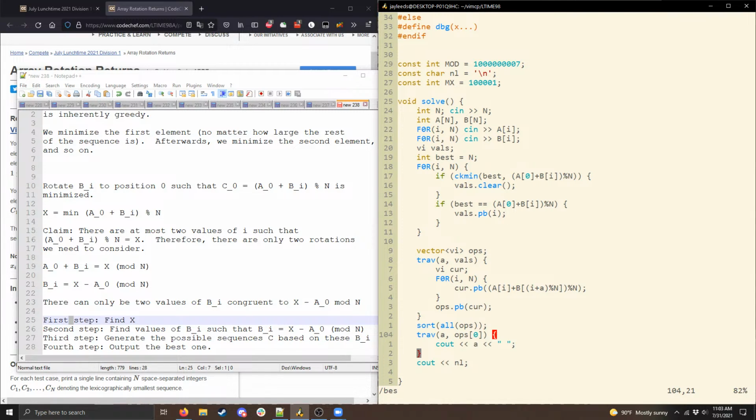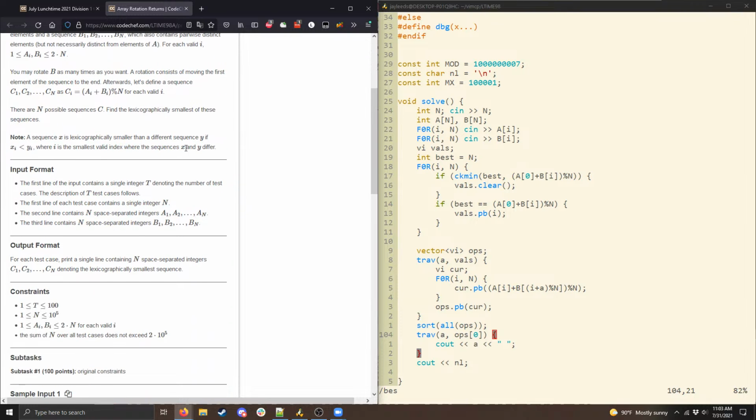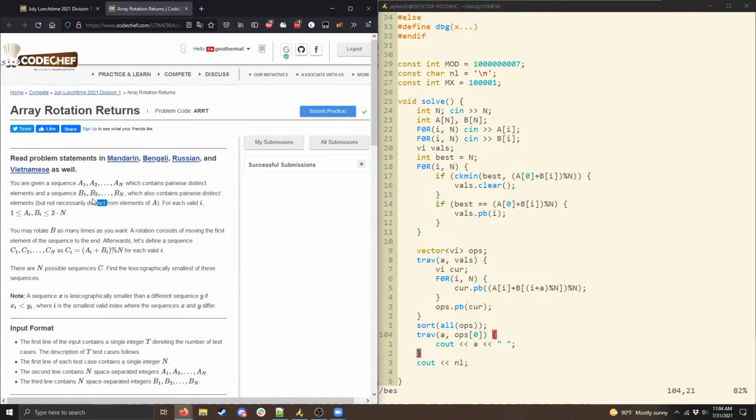I've gotten a few questions in here about what we do if the elements aren't pairwise distinct, or what happens if there's no constraint of up to 2n. The answer is this solution is no longer going to work. I don't know if there's a clean way to solve it for larger values. There certainly isn't an obvious one, but I don't know if you can do anything particularly fancy here. But both those constraints, the distinct elements constraint and the less than 2n constraint, are necessary for this solution to work.